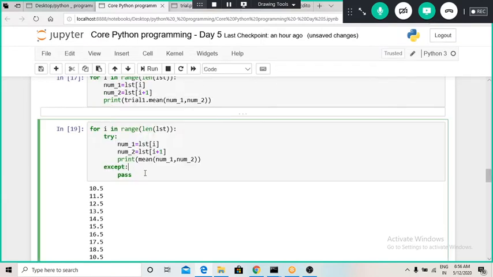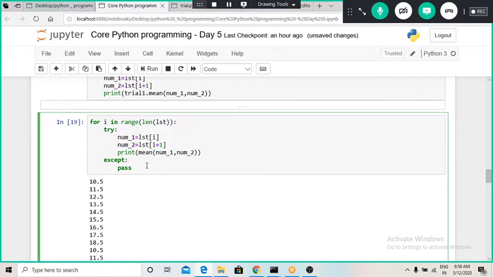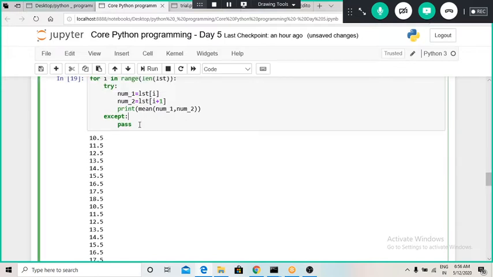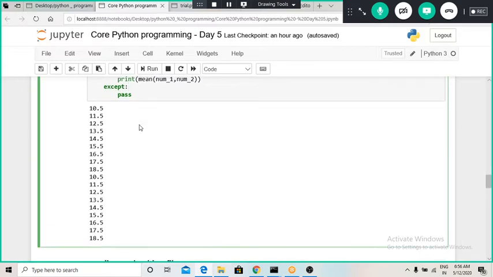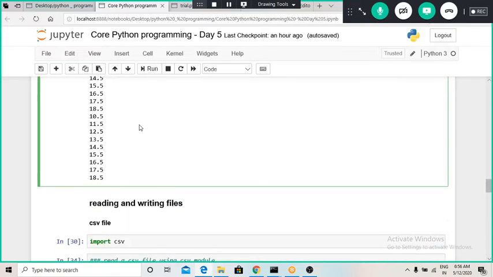Okay, so this is how we can use a try and except command to get rid of exceptions. Whenever you find any such problem, like going out of index, or going out of index while printing a string, then too you can use a try and except command to just get rid of that